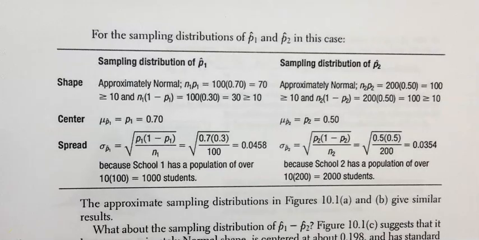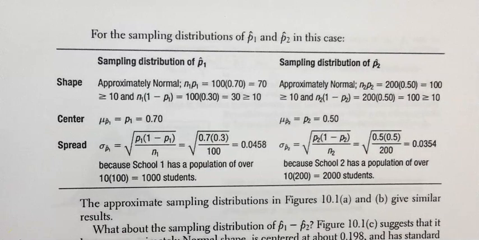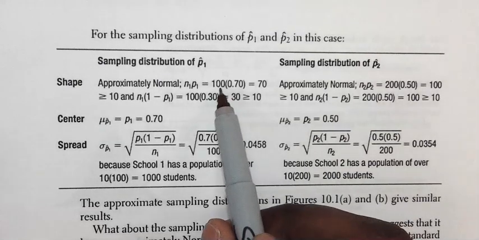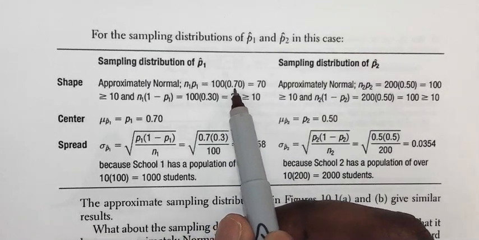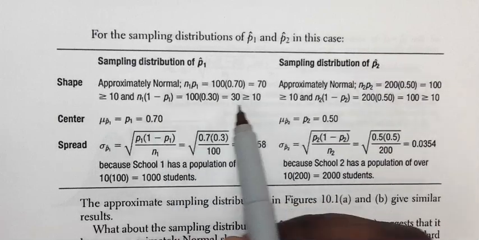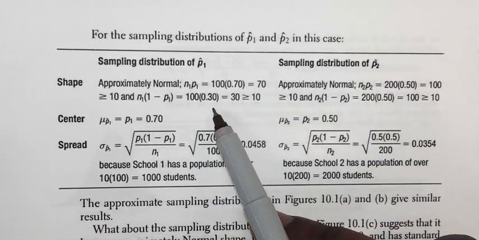Pause the video and take a minute to read through this example. Now, this is the data from the previous example, and this is just talking about the shape, center, and spread. So we should check the shape, and again, it's going to be 100 times, because our sample is 100 and our probability was 0.7, and we check to see if those are approximately normal for the first sample